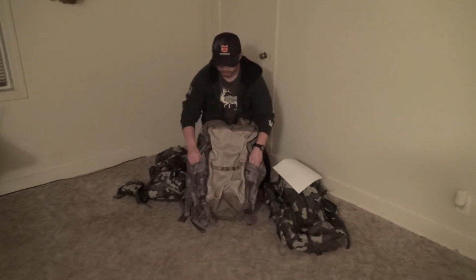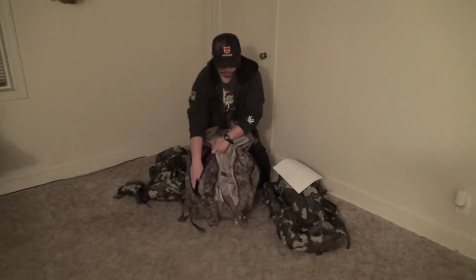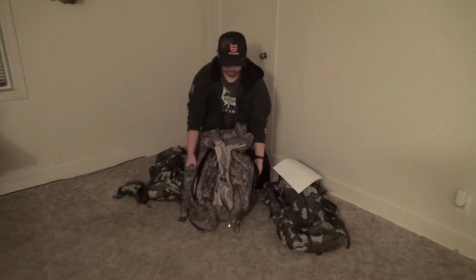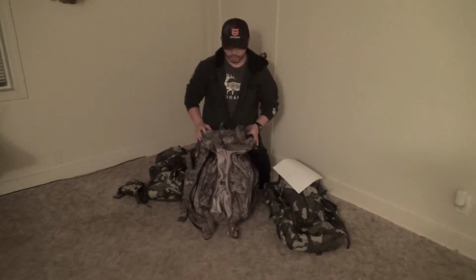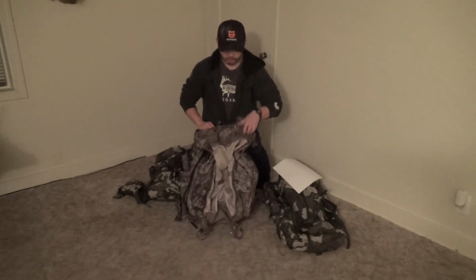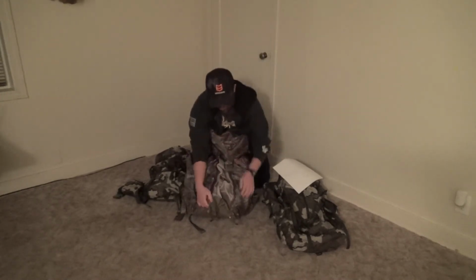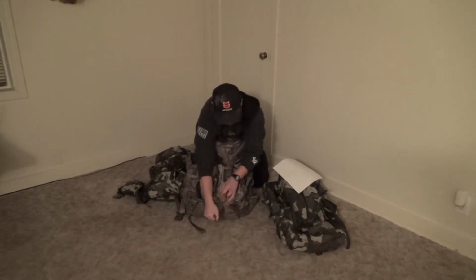We got two front pockets that are here, and then two side pockets that run along the bag. Fits a good size spotting scope, and then we got two side pockets for water bottles, whatnot. And we also have a built-in rifle scabbard, and the top pouch, two different pockets, goes into two different compartments. Pretty cool. So once you have meat in here, or gear,